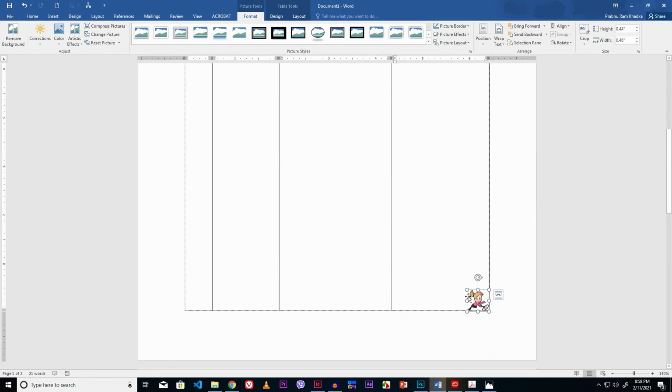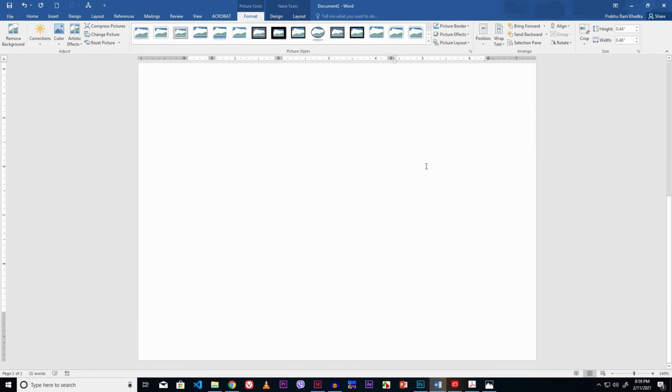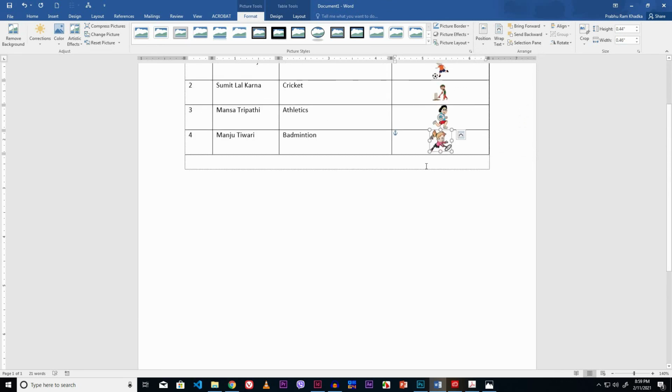Now position this image. Click the position drop down button from Arrange group of Format tab. Select the position. Now adjust this image using arrow keys or mouse. I press the down arrow key.